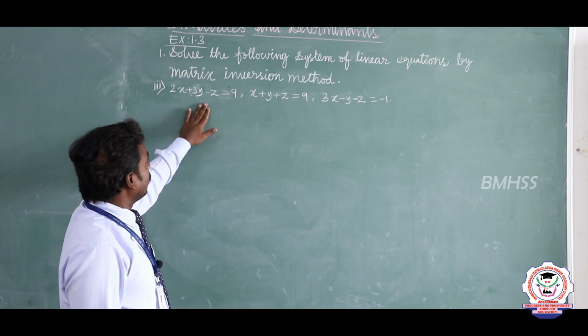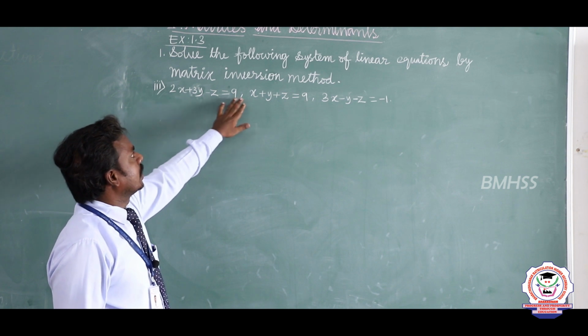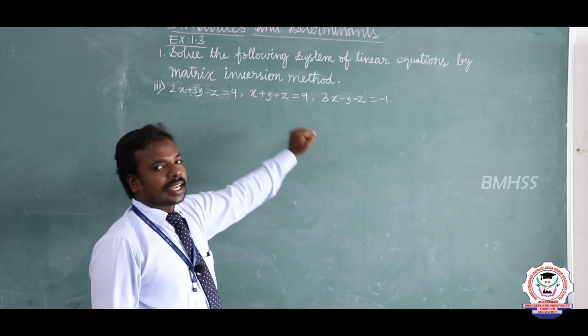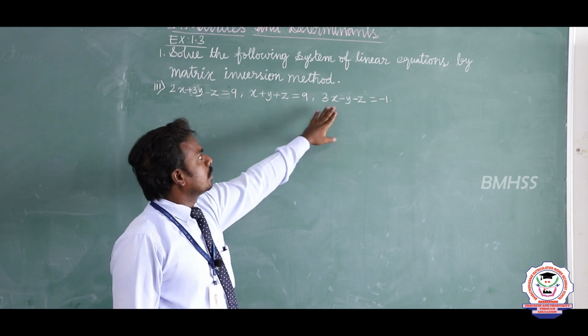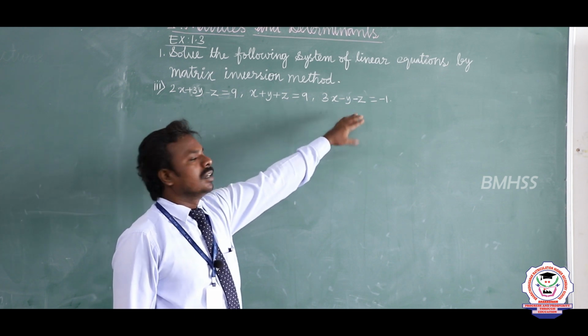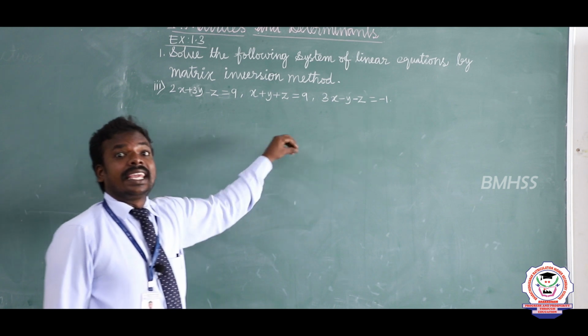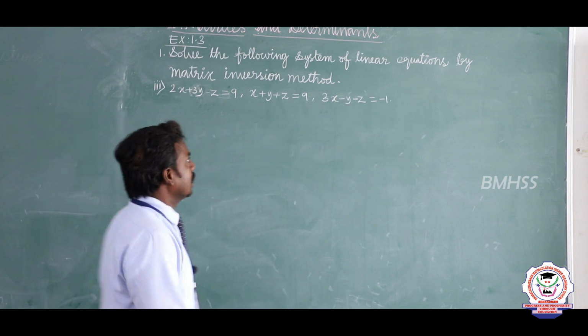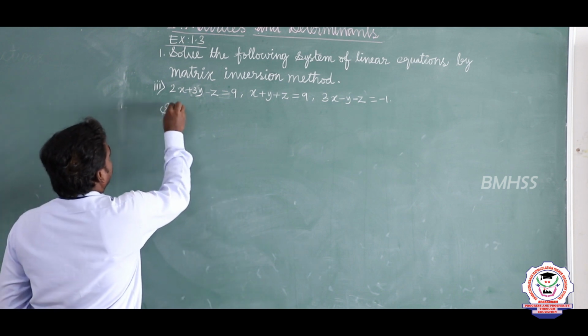So 2x plus 3y minus z equal to 9. The second equation, x plus y plus z equal to 9. Third equation, 3x minus y minus z equal to minus 1. Three equations are given here, so we can form the 3 by 3 matrix, the A matrix. Listen, from this in the solution,